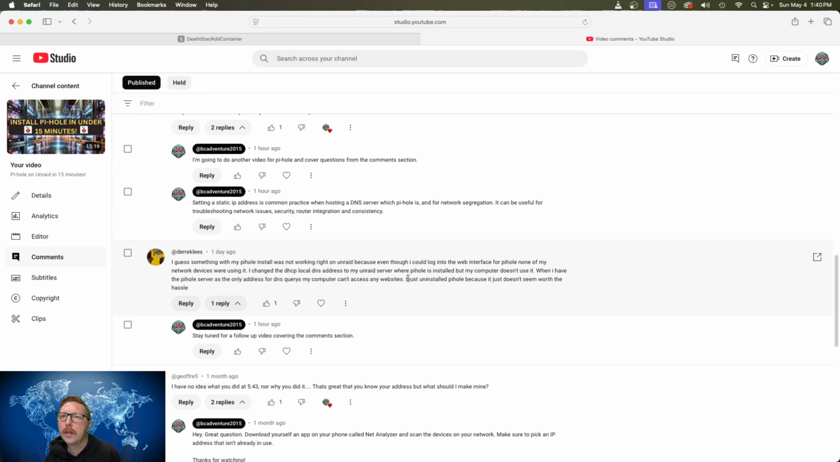Not working right. No, log into the web interface. So yes, you can log into the web interface, but if your network's not configured properly, then it's not going to communicate with the DNS server. If your network doesn't have a functioning DNS server that's properly configured, your network is not going to be able to function, or your internal network will function, but you won't be able to access